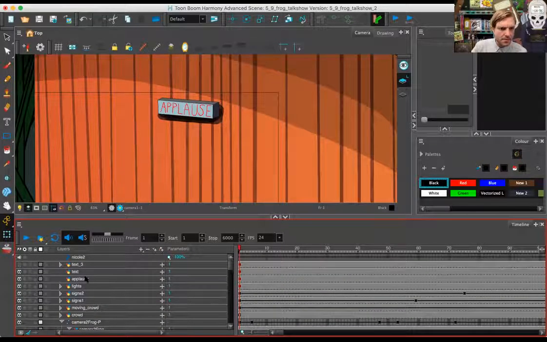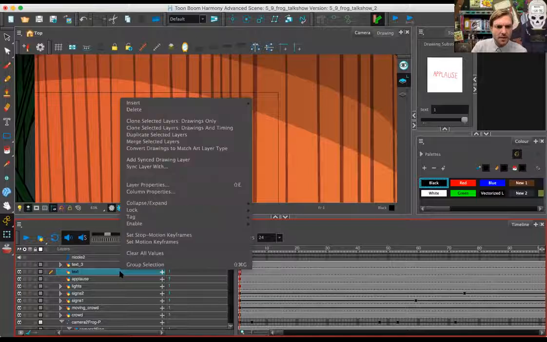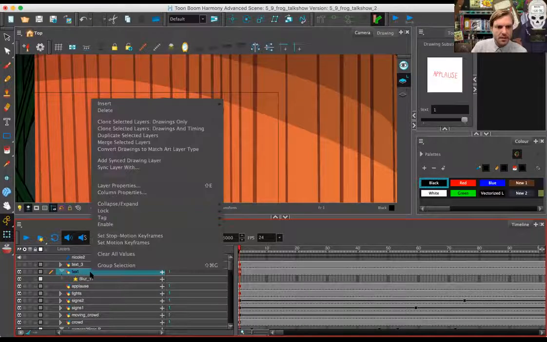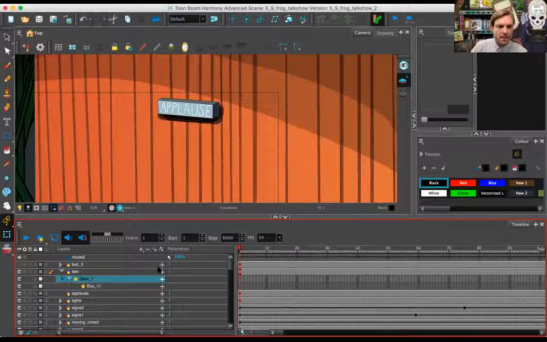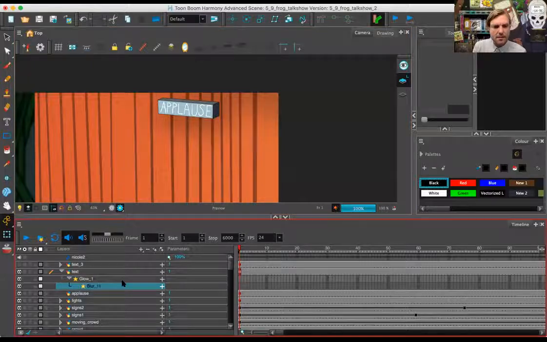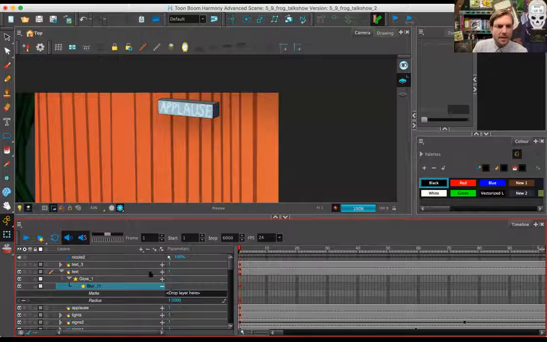Oh, here it is. So this applause sign could use a blur and a glow, right? So let's do that. Right click, insert effects, blur. And then I'll click on the text again, right click, insert effects, glow. Now, if we go to our render view, the glow turns it white, and we can fix that. So if we change this to 1, and then if we go to the glow, and we right click this